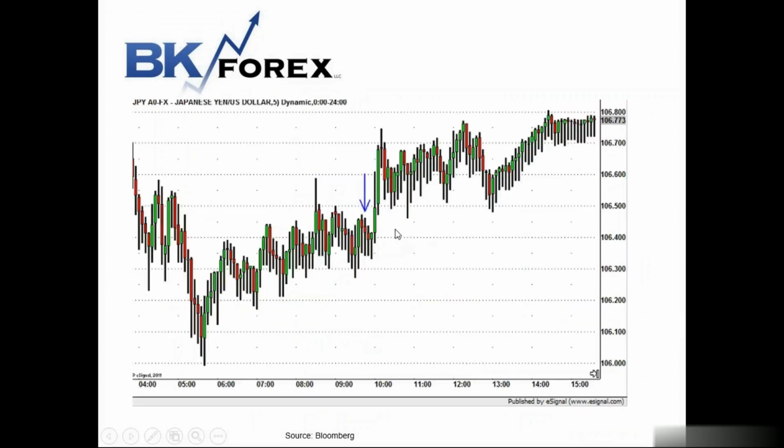Another example, this is the UMich data, where we basically had gone long there. So here's the data release right here, 5, 10, 15, this is the high, and this is the low. In this case, I always like to show winners and losers. You can see that this trade actually would have been stopped out, and that's what stops are for.